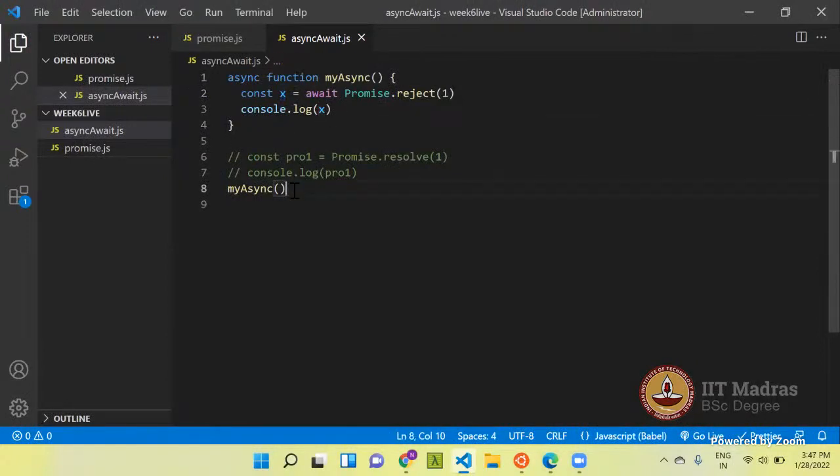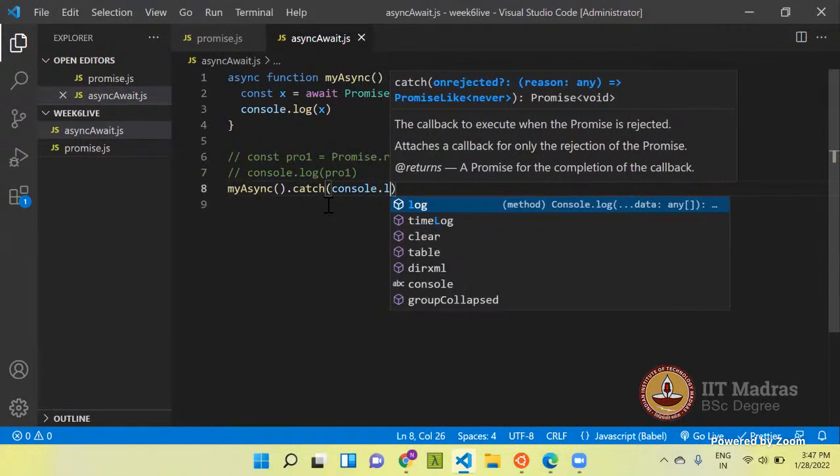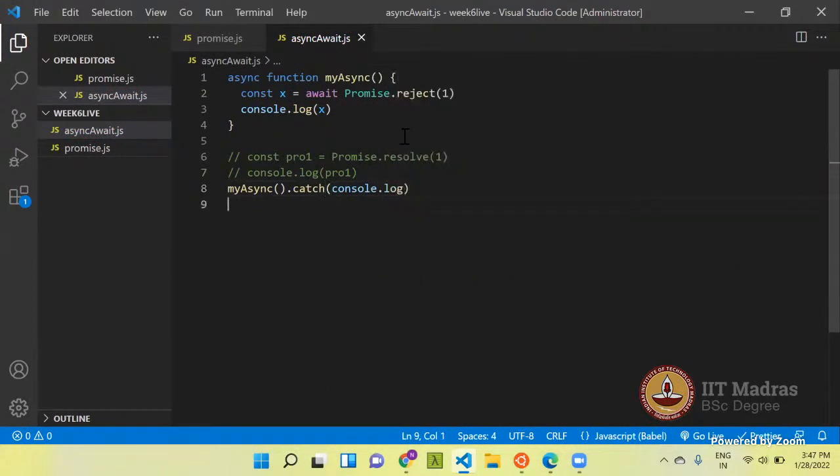One thing we know is that my async is a promise. So we can use .catch to handle the rejection. If I use catch and console.log, whatever value my async promise is rejected with will be passed to the console.log.